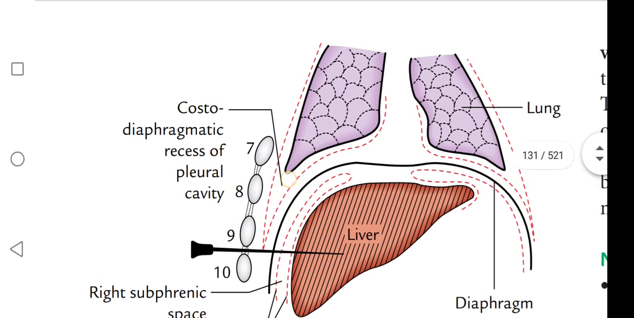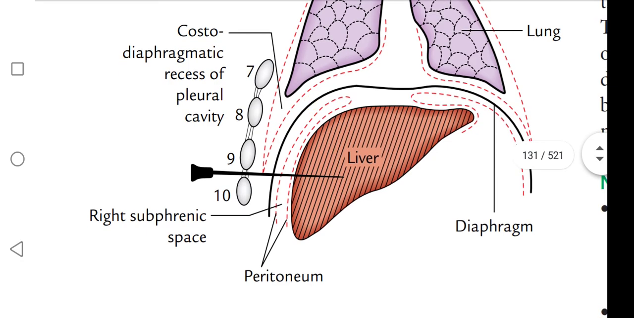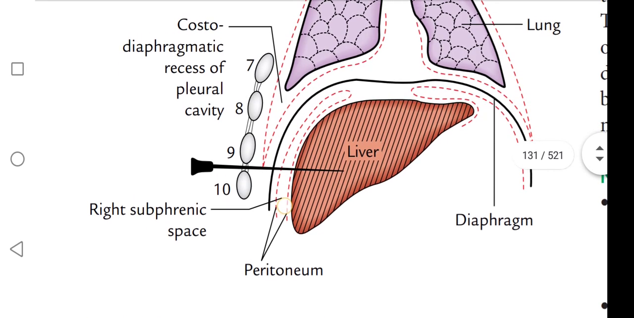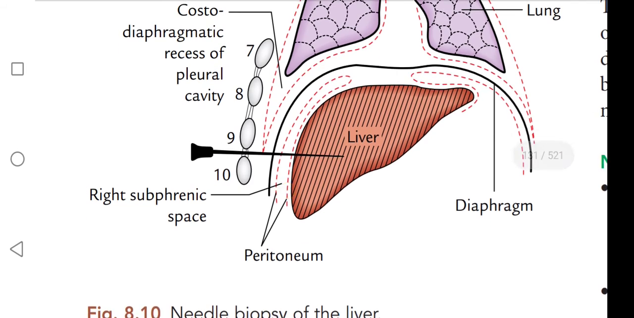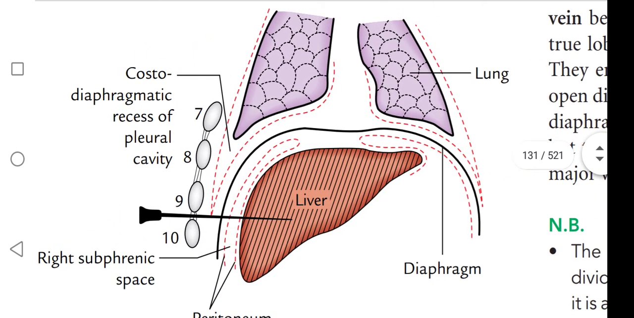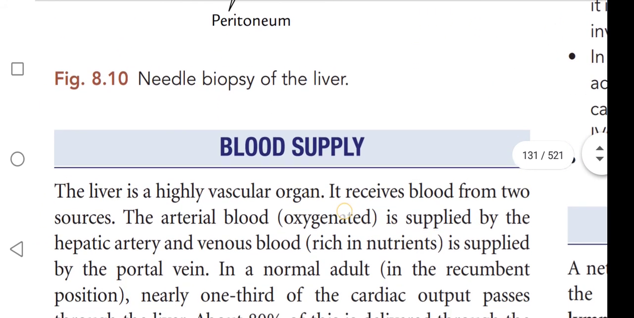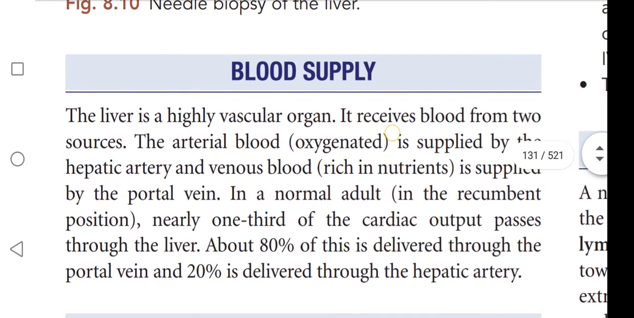This is the costodiaphragmatic recess of the pleural cavity, and this is the right subphrenic space. And this is the peritoneum. This is the diaphragm, this is the lung, and this is the pleura. Next video we are going to learn about blood supply, venous drainage, lymphatic drainage,